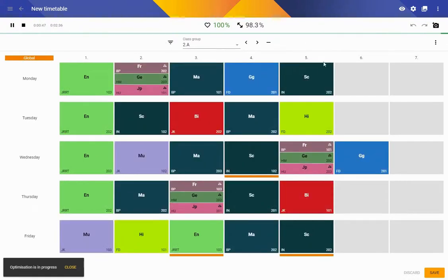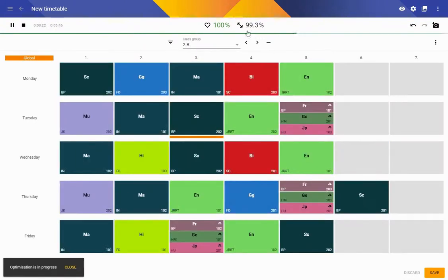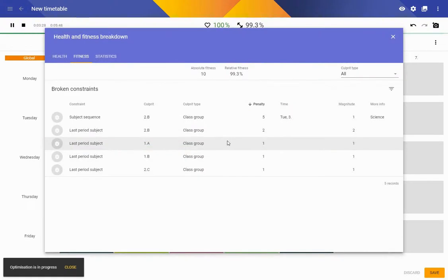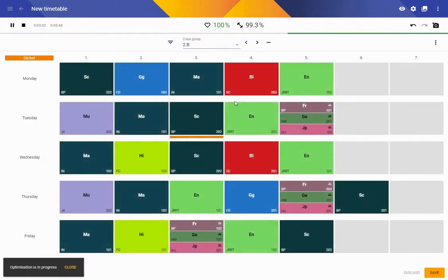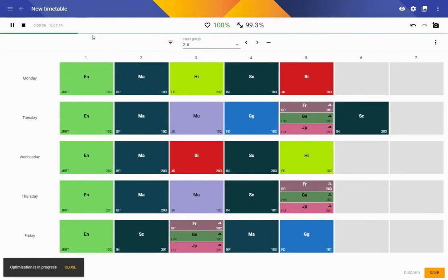That's why it's taking a bit of time. But all's well that ends well. So we can see that Skolaris actually managed to place all the English lessons for 2A to the first slot. So I'm gonna stop this now